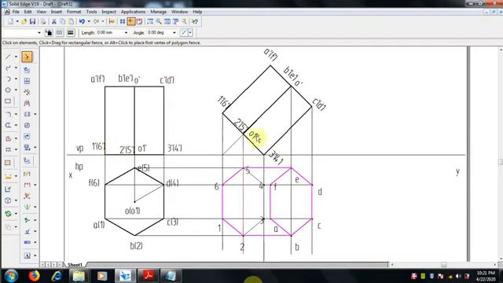The bottom, that is the edge on which it rests, the 3, 4 edge, is hidden. And the edge which is joined with that hidden edge is also hidden.